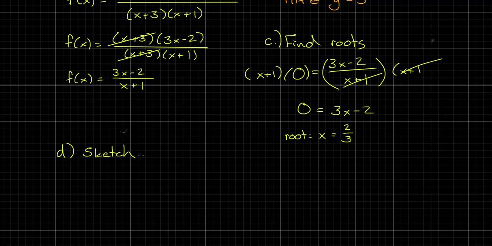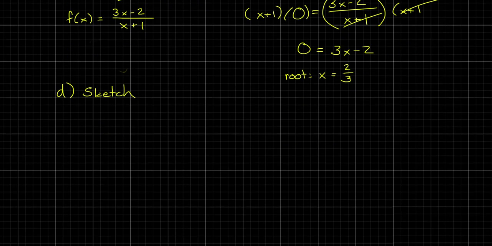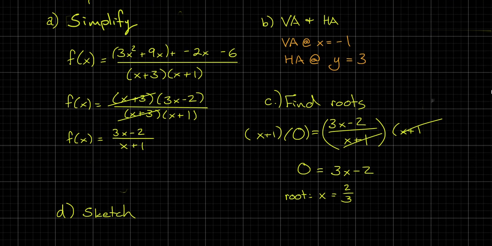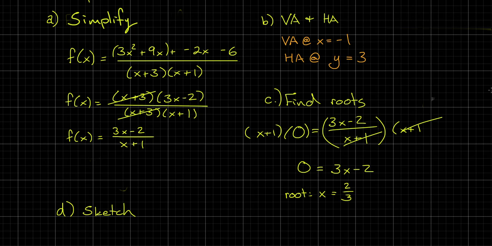Now, we're going to use all this information, and because I'm sketching, I'm not going to get any extra points out, but let's think it out. I need to see which x values, based on everything that we've done, are there any x values that I for sure need to be able to see on my graph? I need to see 2/3, that's my x-intercept, and I need to see -1, that's my asymptote. Now, I'll usually go a bit past that,